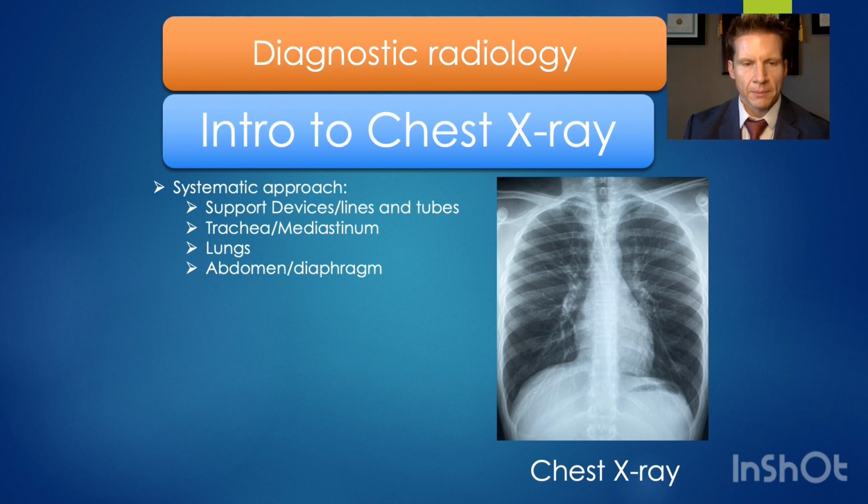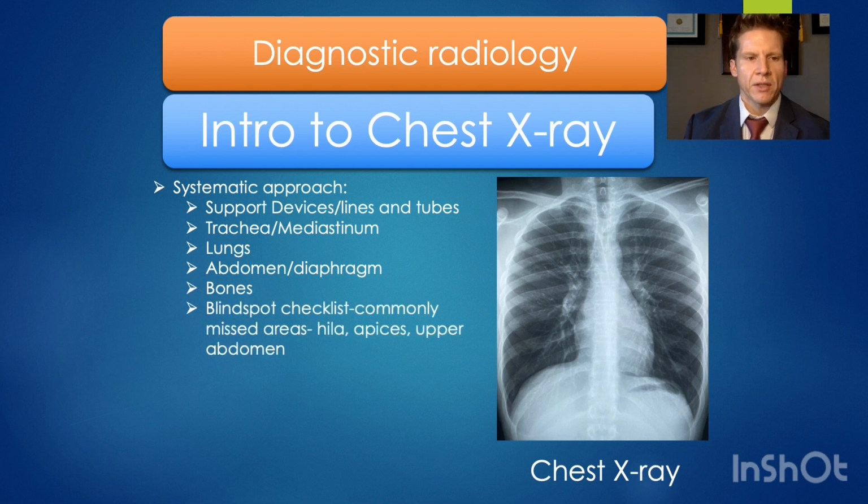like pneumoperitoneum. And then from there, you want to take a look at the bones, make sure that they're symmetric, look for any subtle rib fractures. Sensitivity of rib fractures on chest x-ray is not the greatest, but you don't want to miss them if they are present. And then after that, you want to go back over and pay special attention to any blind spots